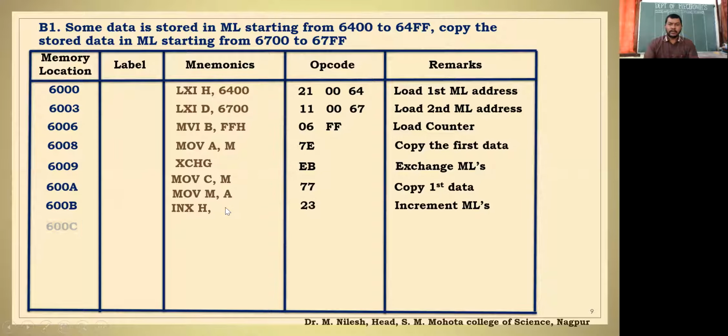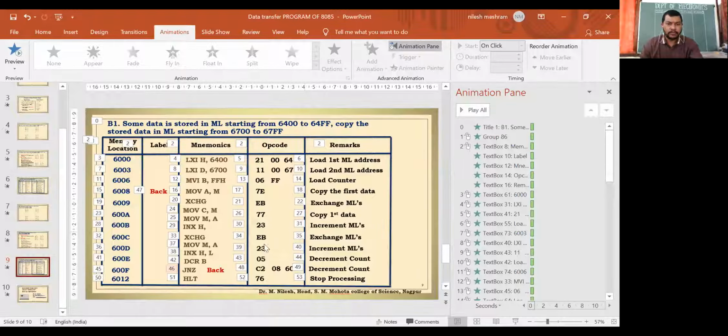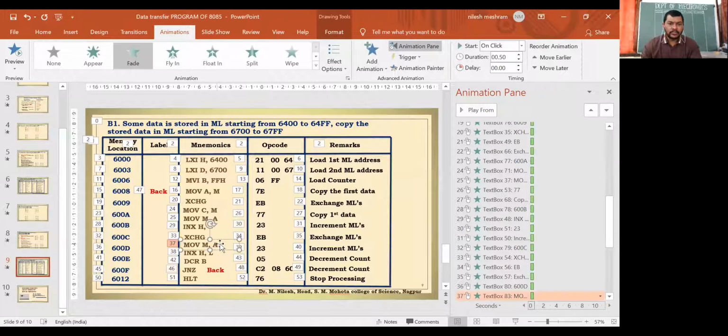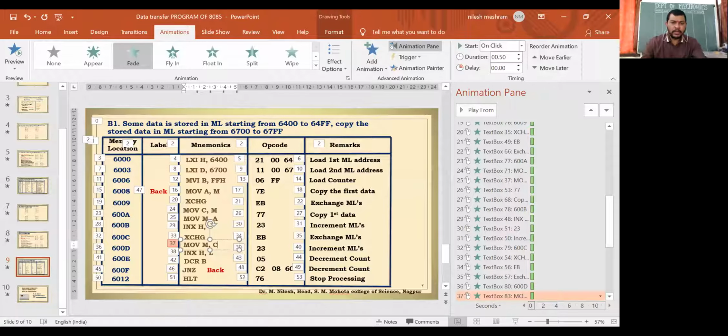So again, we have to increment. Now what we will have to do, as soon as we increment, is move the data from register C to memory, right? So we have incremented it and then we have exchanged, yes, right? So we have to first exchange it. So we have exchanged it and then we have to move the data from register C to M. So it should be C to M, I hope. Since I have done this just right now, it has to be changed. So it should be C to M, right? And yes, the rest of it is fine, I hope.